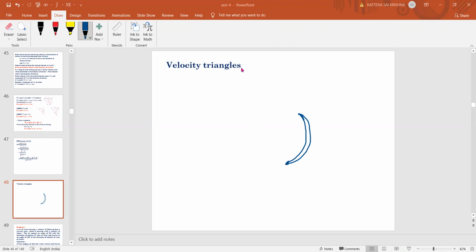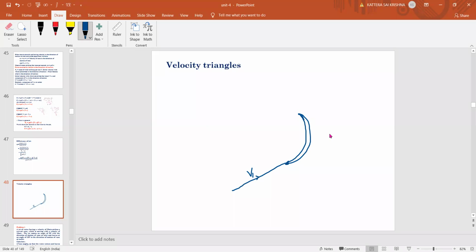So already we know that the jet is hitting, and the nozzle is in an inclined position this way. Initially, we need to draw the water or jet velocity coming out like this. In this way the water is flowing with the velocity v1, the initial velocity of the jet. But as the plate is moving, this velocity will not hit the blade or vane, right?